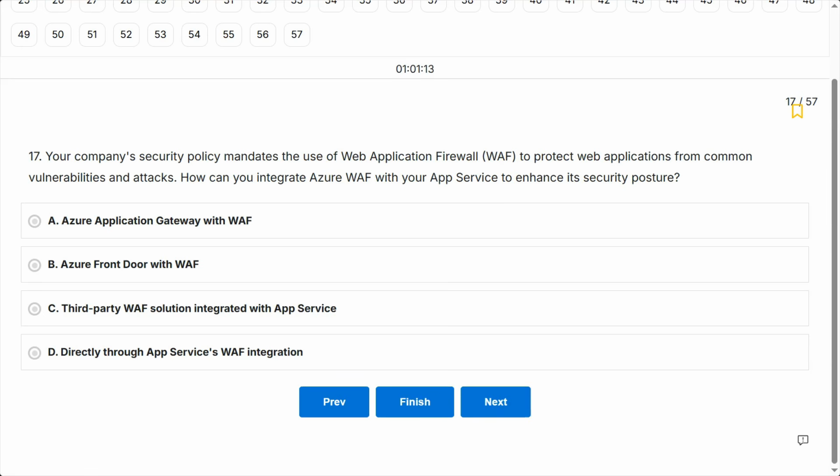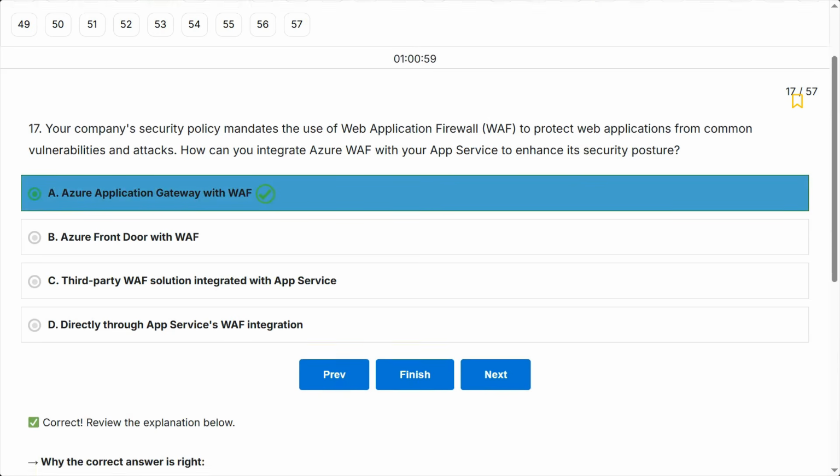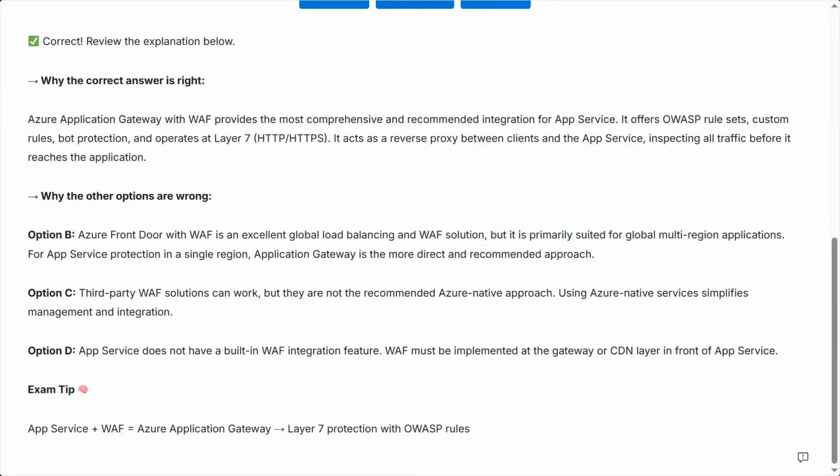This question asks about the recommended Azure native WAF integration for app service. Focus on the service that provides deep integration for regional web application protection. Correct answer, A. Azure Application Gateway with WAF. Azure Application Gateway with WAF provides the most comprehensive and recommended integration for app service. It offers OWASP rule sets, custom rules, bot protection, and operates at layer 7, HTTP/HTTPS. It acts as a reverse proxy between clients and the app service, inspecting all traffic before it reaches the